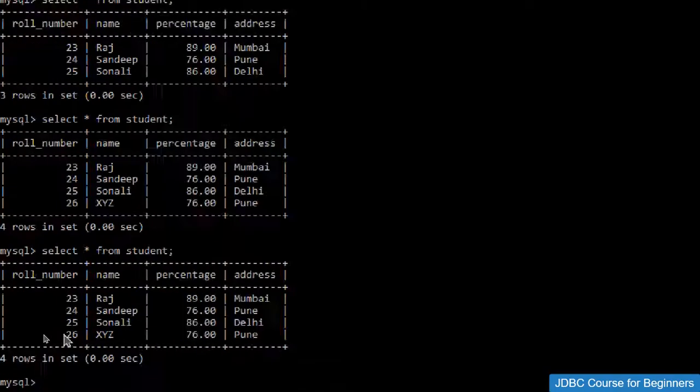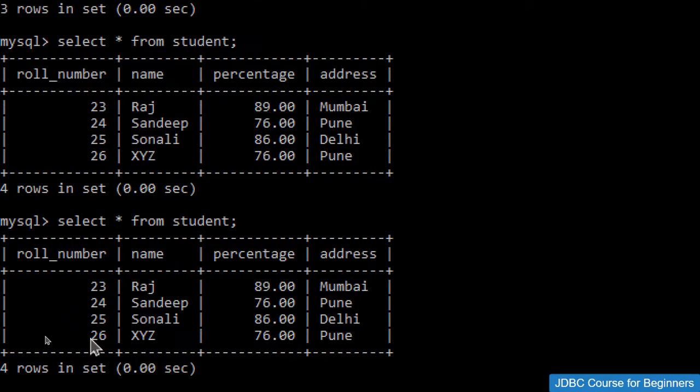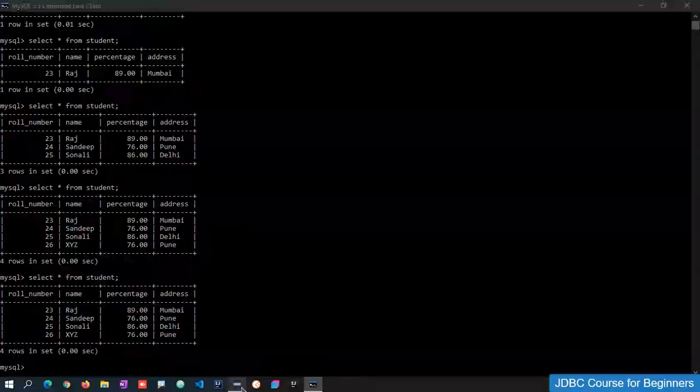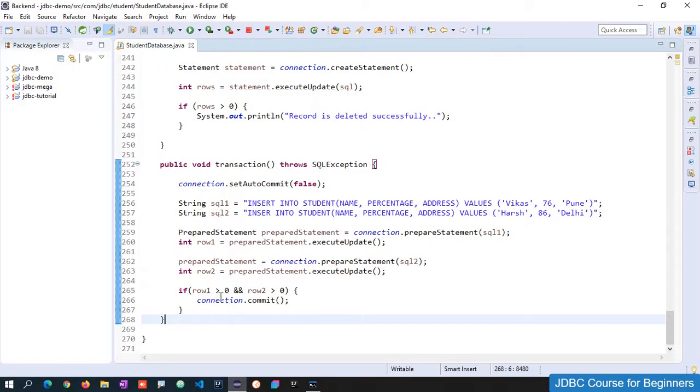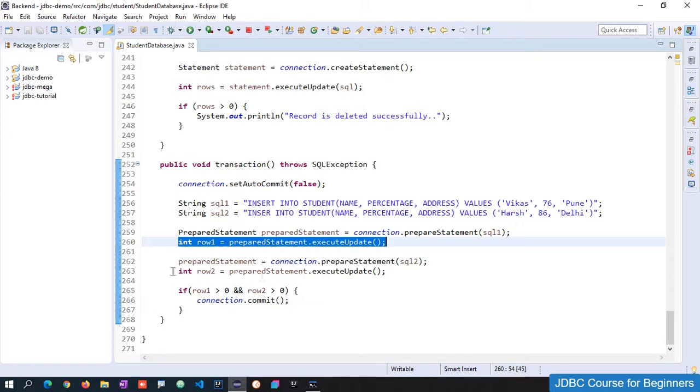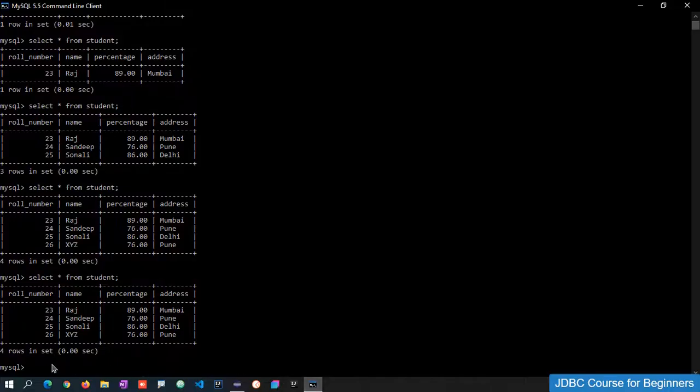Here, no records got saved, because we said that if these two records are successful, then only commit everything, otherwise don't commit anything. That's why we are not able to see the results.